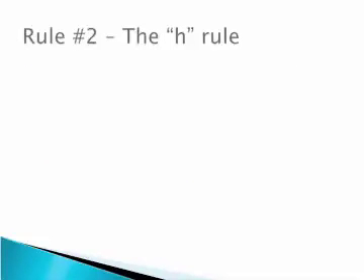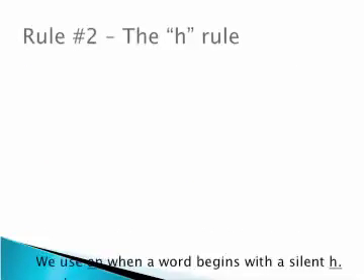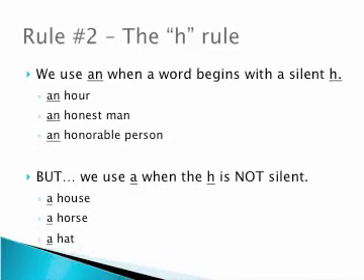Let's move on to rule number two, which is the H rule. We use "an" when a word begins with a silent H. It's almost as though the H were not there. So we don't say "a hour." We say an hour, an honest man,